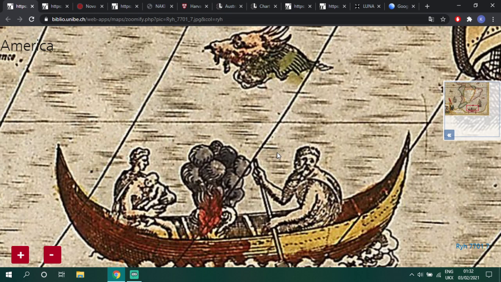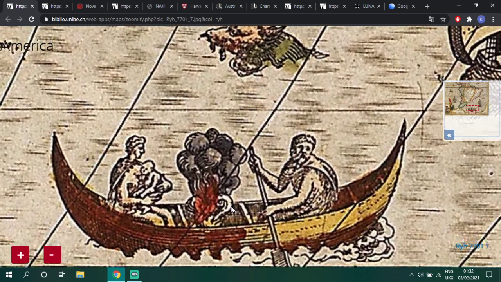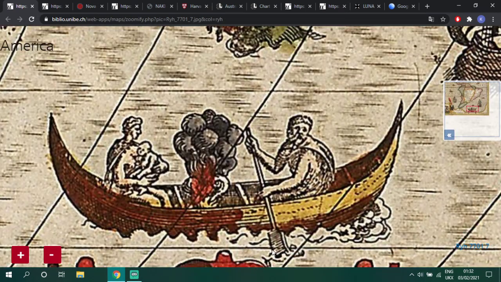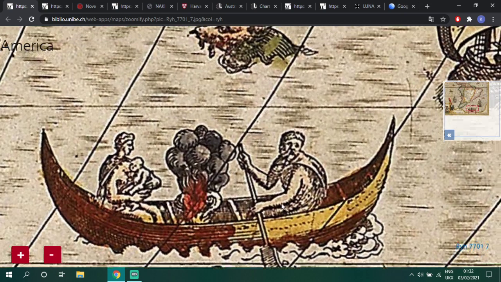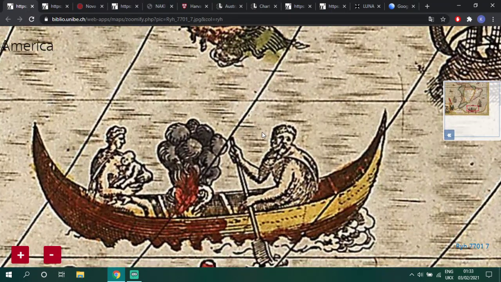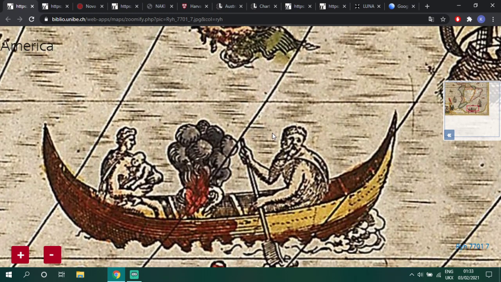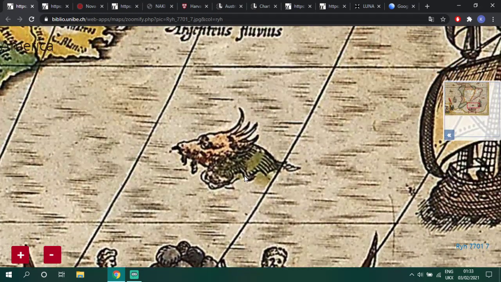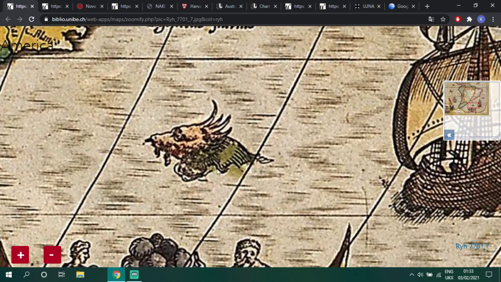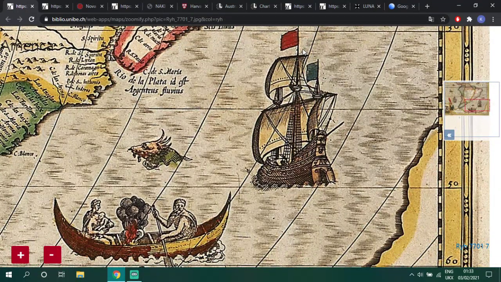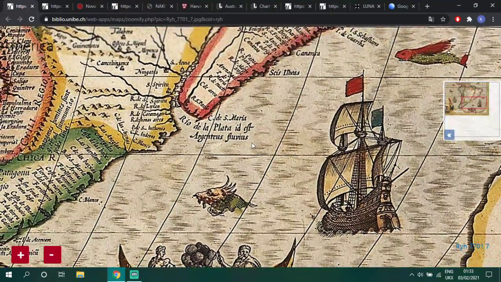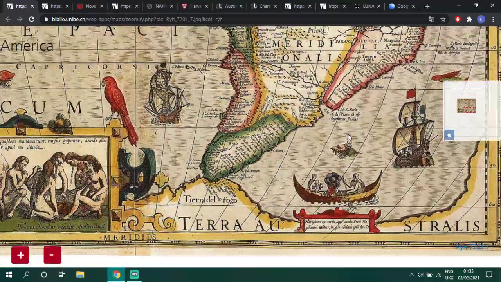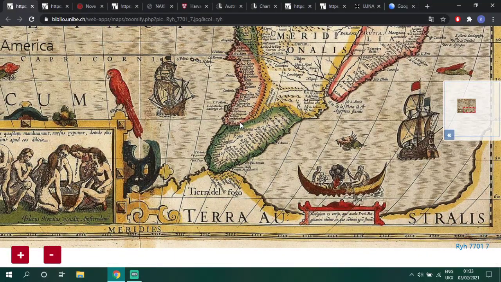What do we see on this map? Someone keeping their baby warm, fire on a boat, and what looks like a giant toothbrush being used as a paddle. Very Egyptian-esque. Some kind of sea dragon. And red and white flags. Not sure what that means. But throughout this map there's some interesting things that we're going to discuss throughout this video, which is